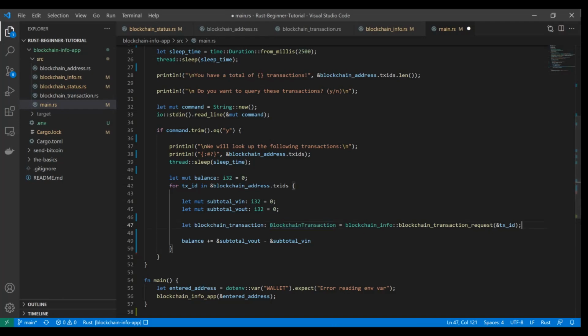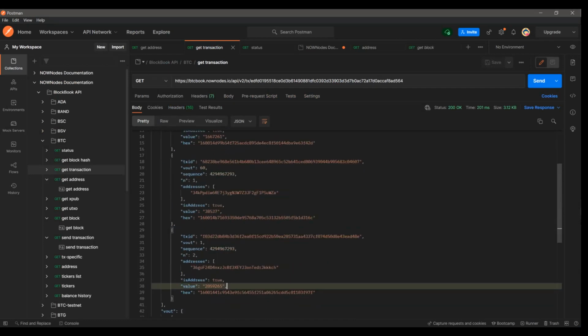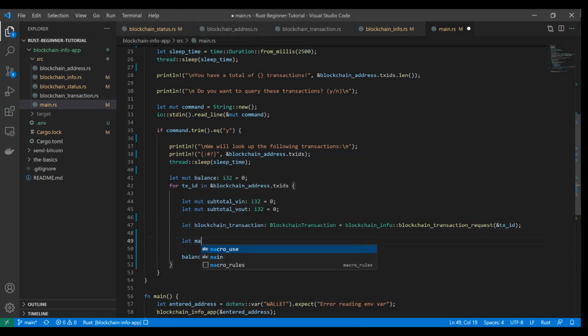So we know that when you look up this transaction by hash, there's going to be a lot of people's transactions in here, right? Only a couple of them, based on whatever you did, are going to match your wallet address. Some of them aren't going to be your wallet. So we need to actually match the wallet that was entered into the app to any wallets on that transaction block that match it. So let's do let match